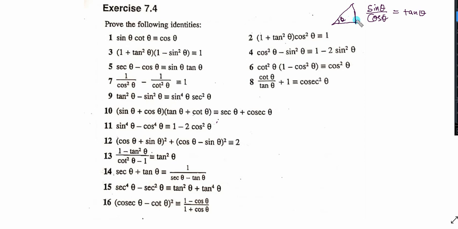if, let's say, this is theta in a right angle triangle. You got A, you got B, you got C. So sine theta is basically A over C. Cosine theta is B over C. So this cancels out. This is actually equal to A over B. Okay. A over B is actually equal to tangent theta. Okay. Now the next one would be